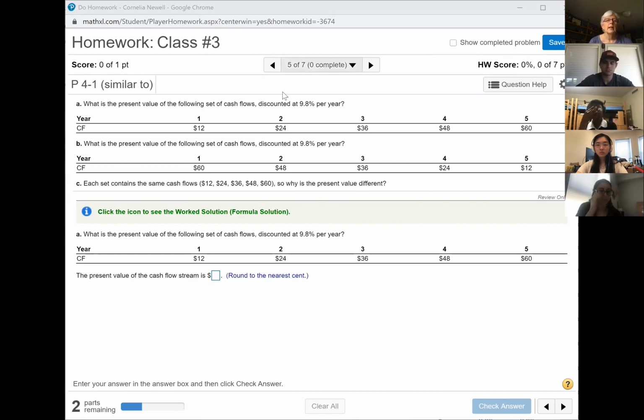We're going to do these two, and then I'm going to have it give us another problem. So basically, take out your calculators, we're going to do 4 practices. All right. One critical thing about using the CFj key for net present value is that the first thing that you input is at time 0. And in this problem,